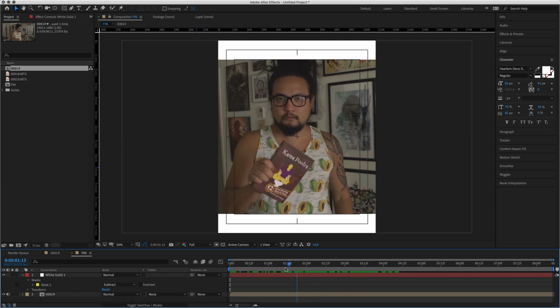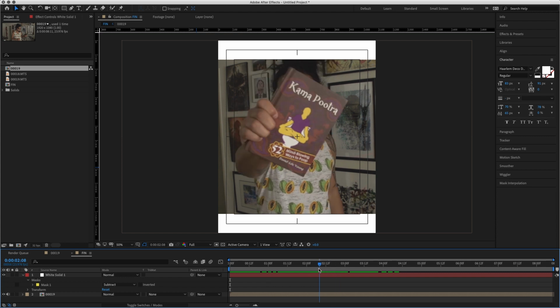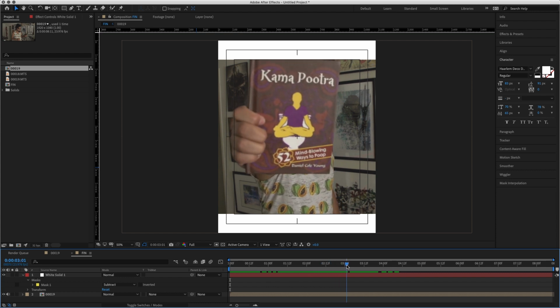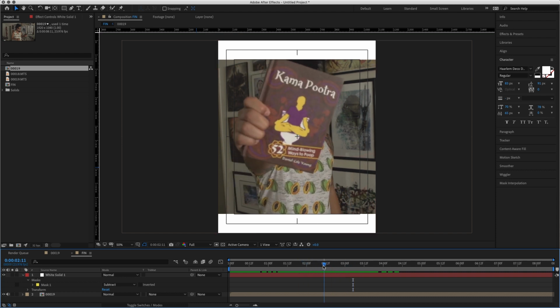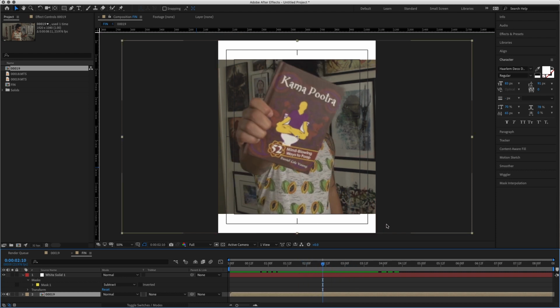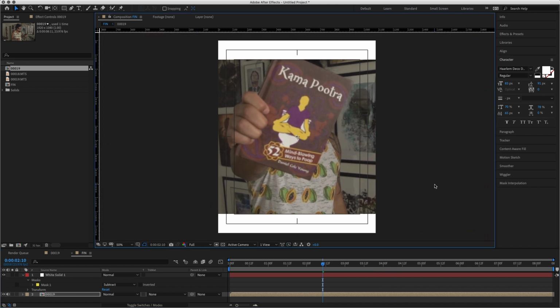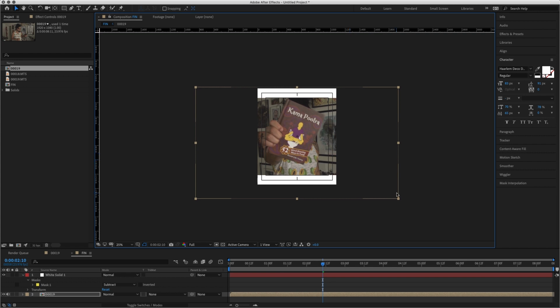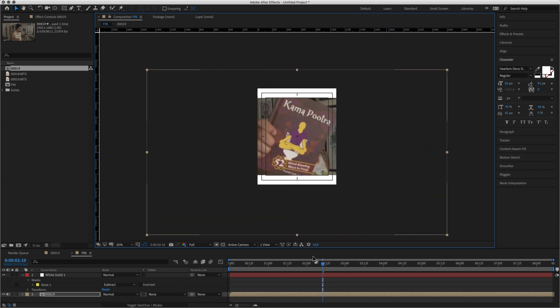working with. So in this case, I'm doing Instagram. So we're going to put the borders of Instagram on there. As you can see, when I move up here, this is where it's going to cut off, because we're going to cut this out. So what I can do is make this a little bigger, because I want to make the effect pop. So I can make this bigger so that